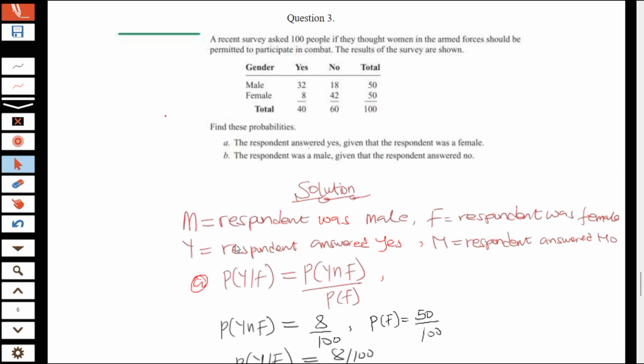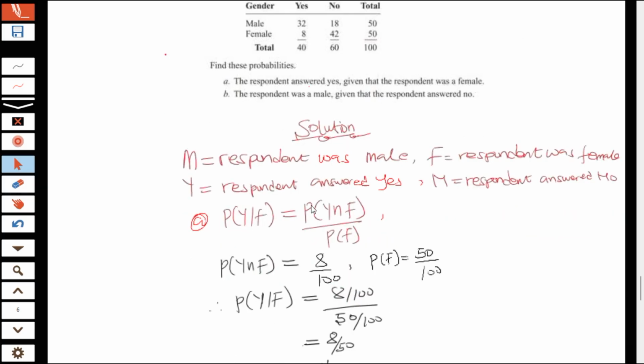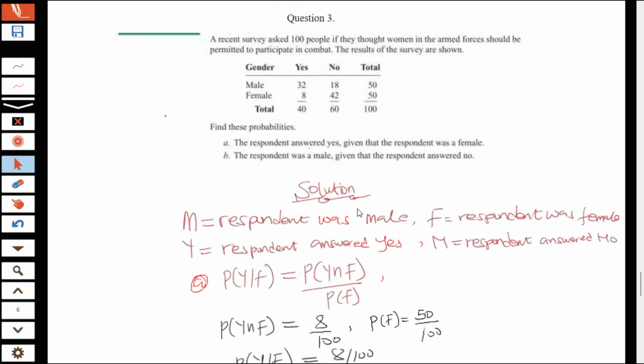So we know that the yes represents Y and female represents F. So probability of Y given F can be expressed as probability of Y intersect F divided by probability of F. And when we trace yes and female, they are intersecting at 8. So here probability of yes intersect F is giving us 8 divided by